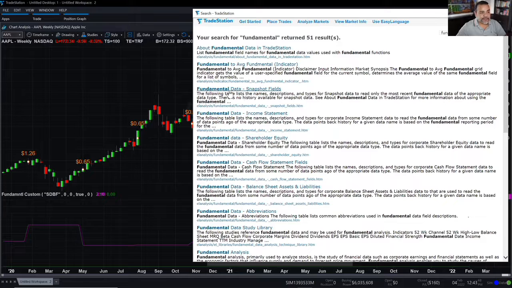All right, and here we have the fundamental data snapshot fields, fundamental data income statement, fundamental data shareholder equity. Then we have fundamental data cash flow and statement fields. And we have the fundamental data balance sheets and assets and liabilities. So to a certain extent, you do have to know in which category the fundamental data piece that you want is in. For example, earnings per share,